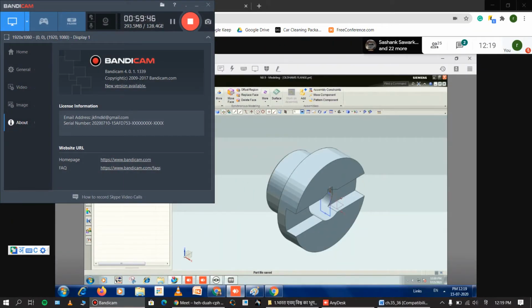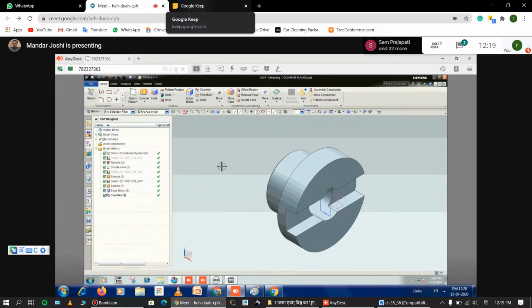Hello, sir. You were going to show us how to turn off continuous auto dimensioning for good. If you want the continuous auto dimensioning setting, you can go to the menu, Preferences.